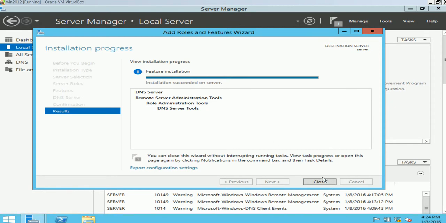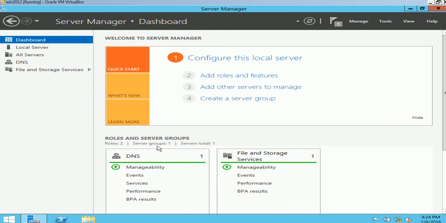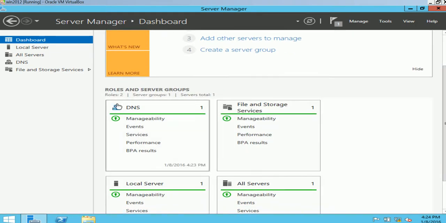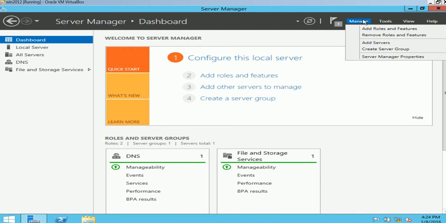You can just close. If I go on my dashboard, you can see it's added a new tile of DNS. Now this would be very useful. This tile you can manage from here. So now what I'm going to do is I'm just going to remove this, and you'll see it'll be gone from here. To remove it, if you go on manage, remove roles and features,